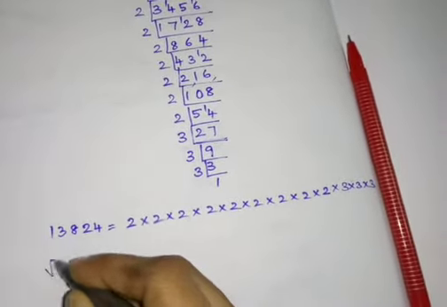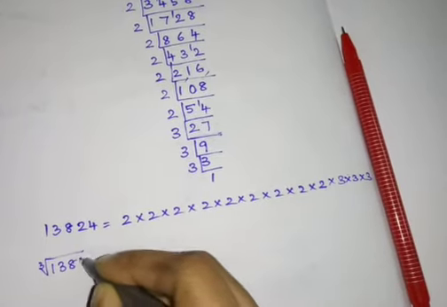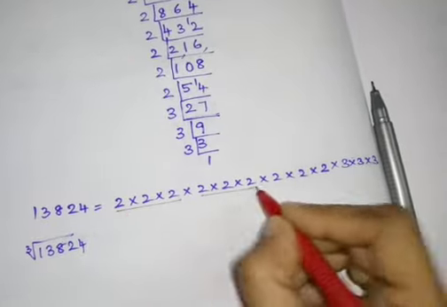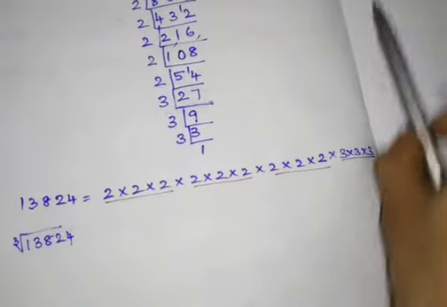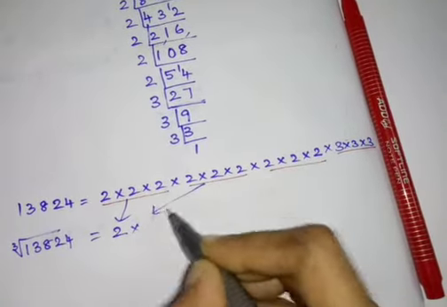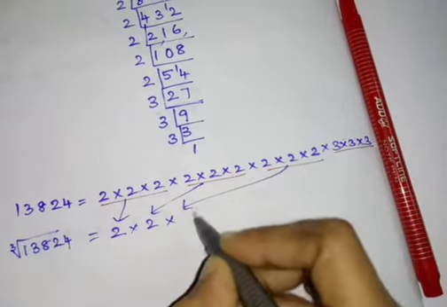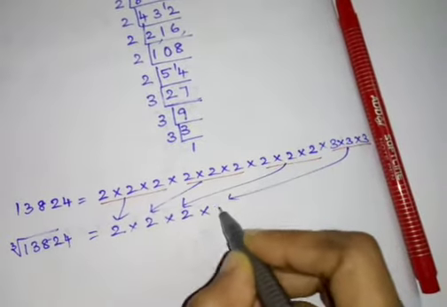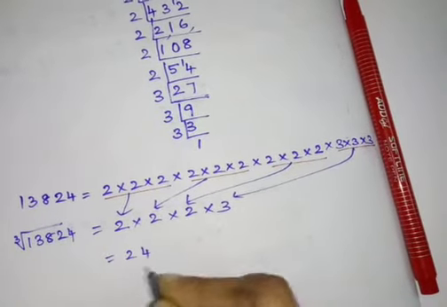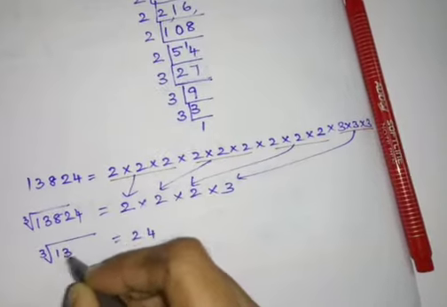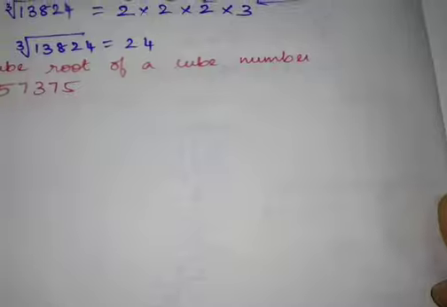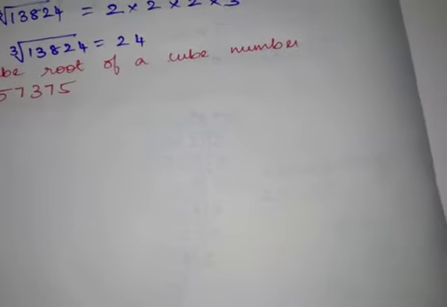Then now what do we have to do? We have to find the cube root of 13,824. So when it comes to cube root, what will you do? Group them in threes. Just pair it, like group it, in groups of 3 numbers. So instead of these 3 2s, I'll write only one 2. Then instead of the next 3 2s, one 2, then instead of the 3 3s, one 3. 2 2s are 4, 4 2s are 8, 8 3s are 24. So 24 is the cube root of 13,824. Understood?